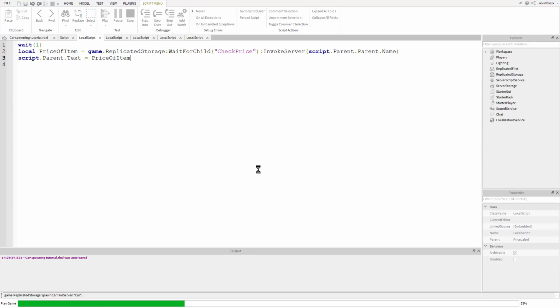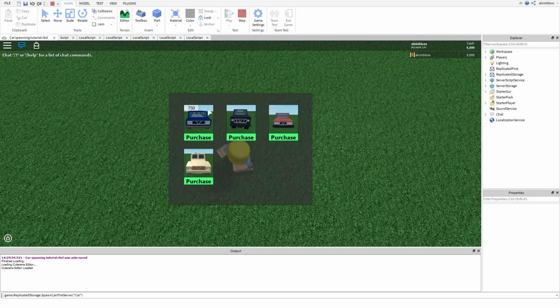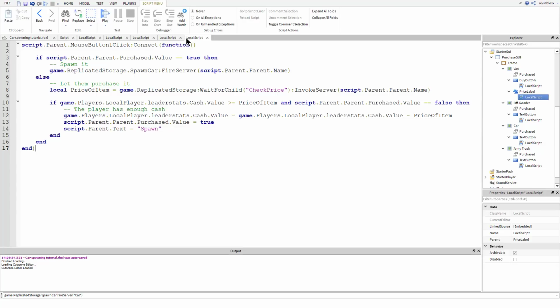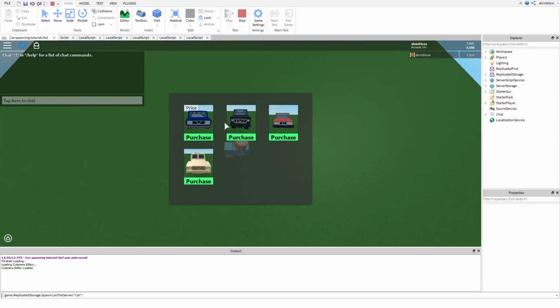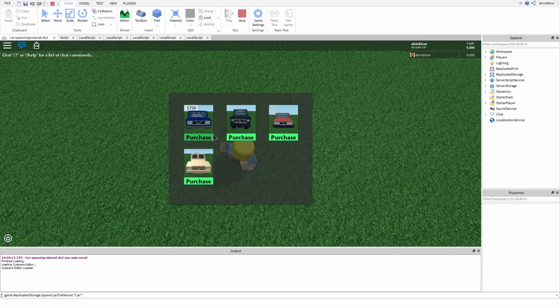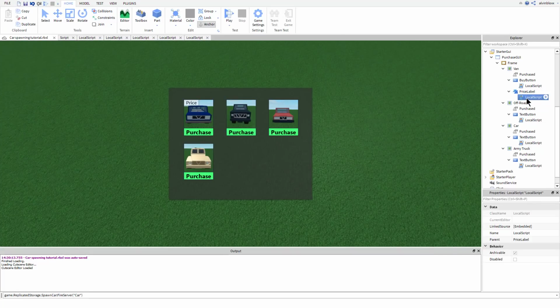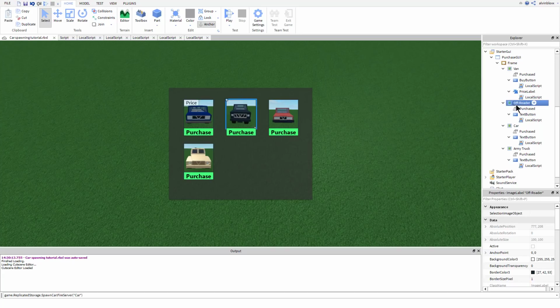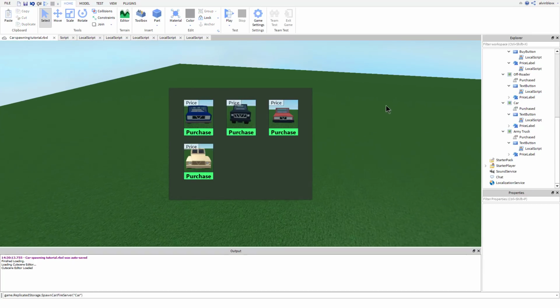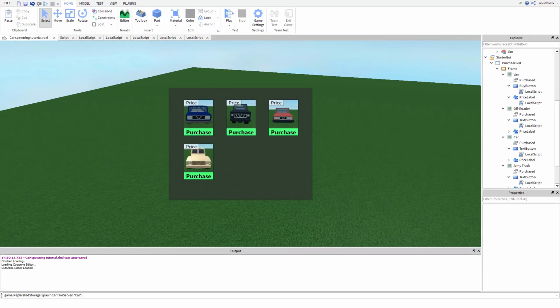Now if we go and run the game, the price should show up, and there we go, 7.50 is the price. And if you want to add a little $ sign in there, you can just add speech marks, add your $ sign in, and then put two dots to concatenate this together and have the price with it. So let's just go and run it again, and there we go, $750 is how much it costs. So let's go back to this price label, copy it and paste it into all of the image labels. Remember, if you have more than 4 cars, you'll need to do this for every single car you add in. And I think that should be the end of the tutorial.